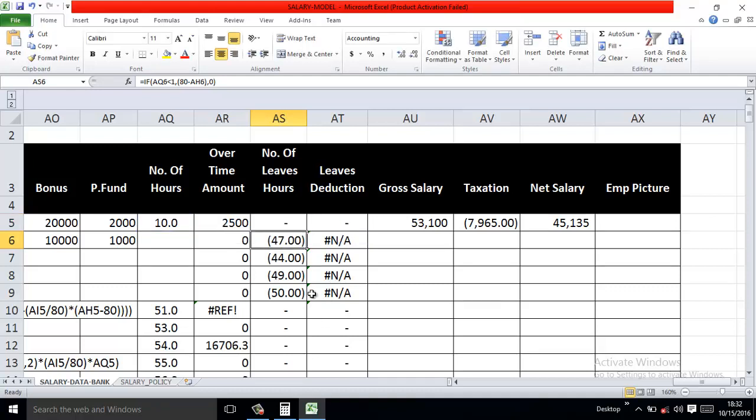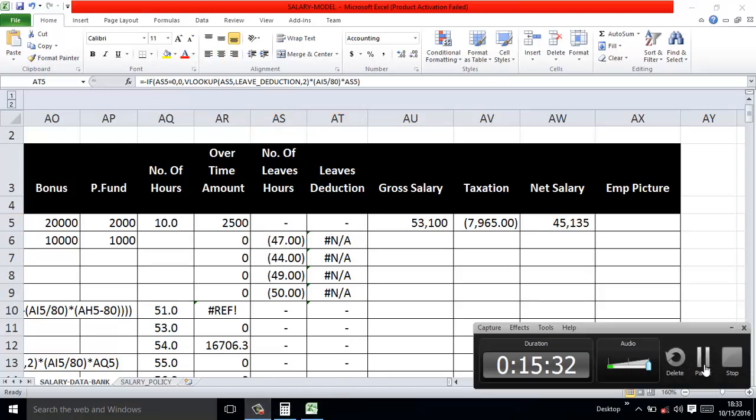So in this case we do not have anything over here. It means the employee in cell AQ6 did not do any extra work, that's why we are having a value less than 0. So we say 80, that's the standard hours, minus H6, that's the working hours, and in that case we have 47. In 47 we do not calculate any leave or any additional deductions. What if